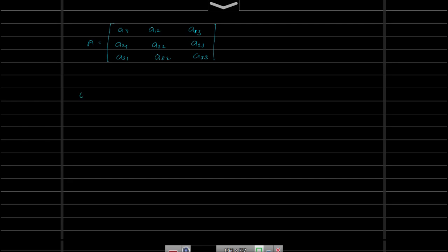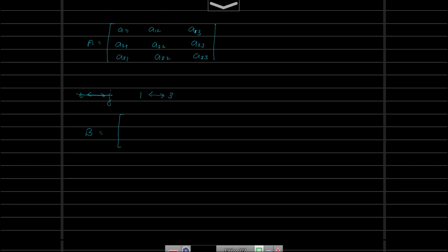So if we are interchanging the ith row with the jth row, then the position of the ith row will be taken up by the jth row and the position of the jth row will be taken up by the ith row. Now suppose in this case we want to interchange, say, the first row and the third row. So in that case the matrix B will not be equal to A, may be equal but need not be equal to A, that I should say.